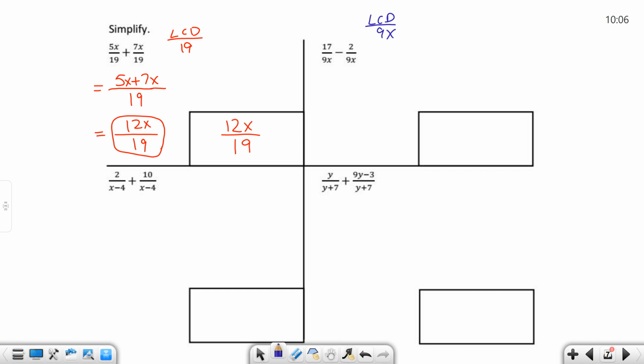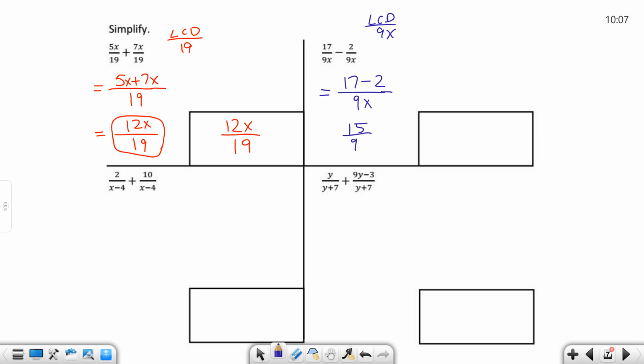So here, what is my LCD? My LCD is 9x. So then I'm going to have everything over 9x, and this time I'm subtracting 17 and 2. But look, this minus sign says change the sign of that 2. Now, I know this is a simple case because it's one number. So, no, it means minus 2. The reason it means minus 2 is because that minus sign says change the signs of everything in the next fraction. And everything there is a 2. So, change it from positive 2 to negative 2. All right? So, 17 minus 2 is